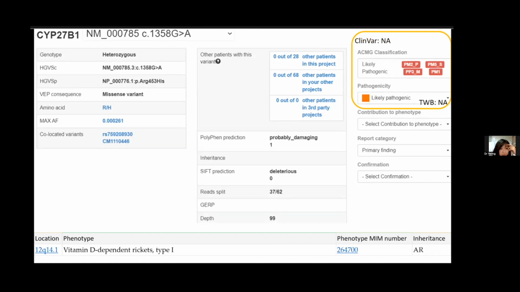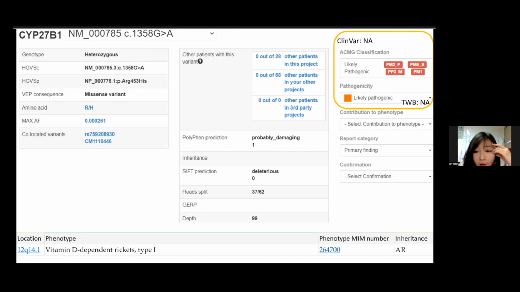And the other one is a missense variant, and it hasn't appeared in Taiwan's population, but it is a likely pathogenic mutation according to the ACMG classification guideline. However, the whole picture is compatible with the compound heterozygous mutation pattern for vitamin D dependent rickets type 1. And that is my